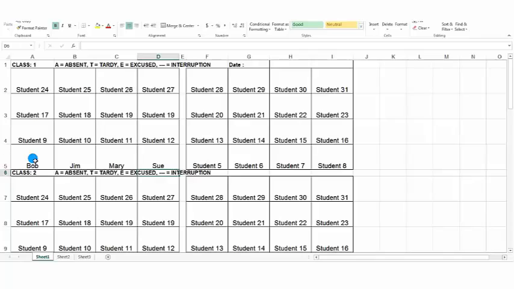Within these rectangles corresponding to each student, I'll be adding a certain amount of information in the course of my class period. First of all, some of this information will not be entered whatsoever in the spreadsheet dealing with oral participation. It's there rather for your attendance purposes. But I would add an A within the rectangle for an absence, a T for a tardy, and an E if the student is excused in the midst of class for whatever reason.